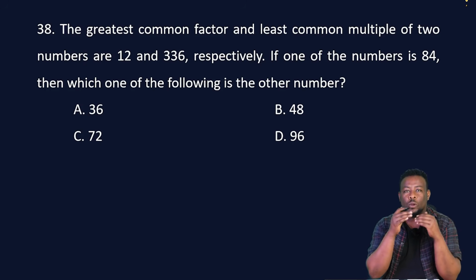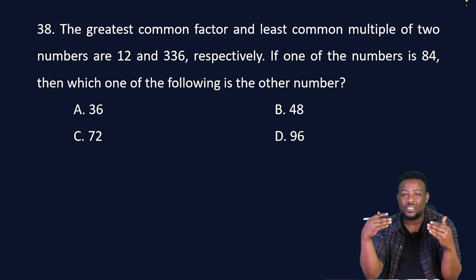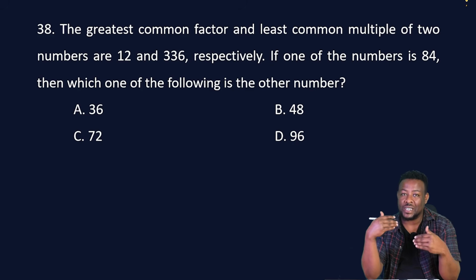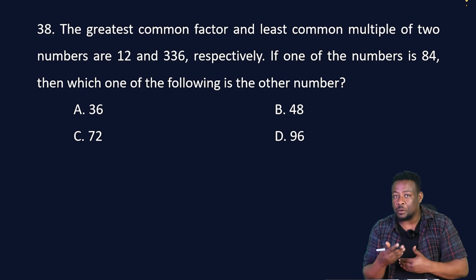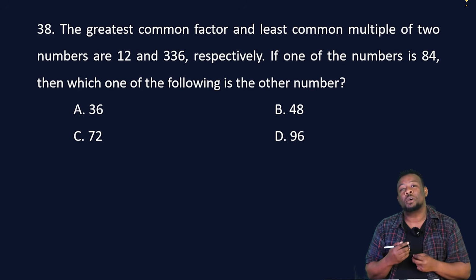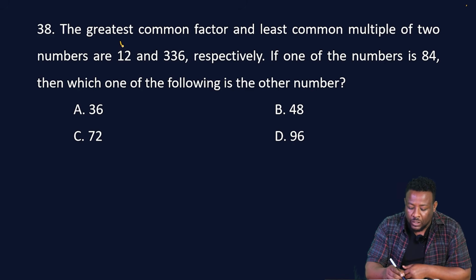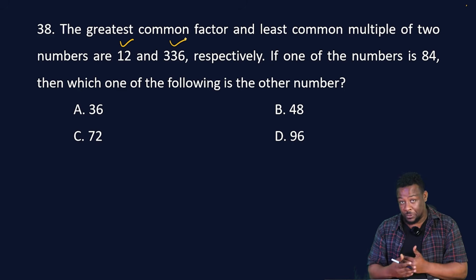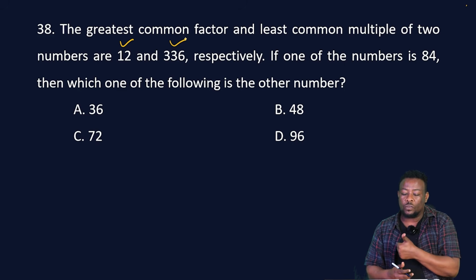Okay, when we come to question number 38, the greatest common factor and least common multiple of two numbers are 12 and 336 respectively. If one of the number is 84 then which one of the following is the other number ይለናል. Okay እዚህ 38ኛው ጥያቄ ላይ ምንድነው የተሰጠን least common multiple and greatest common factor of two numbers are given, these are 12 and 336 respectively. If one of the number is 84 then which one of the following is the